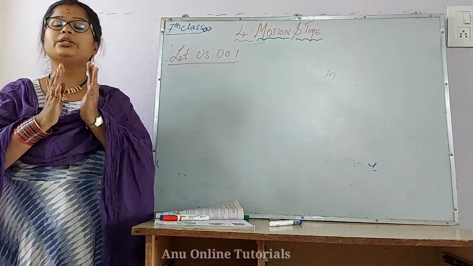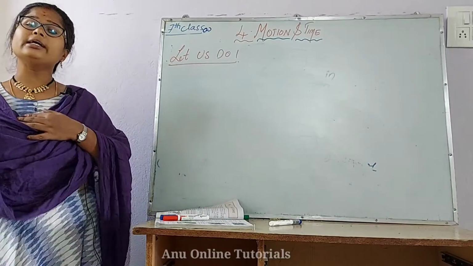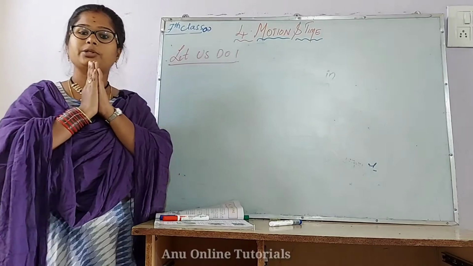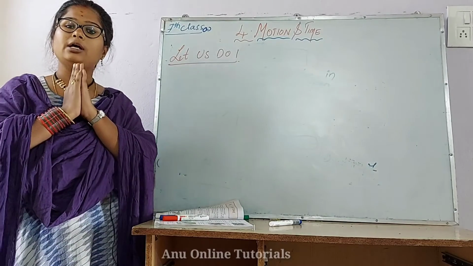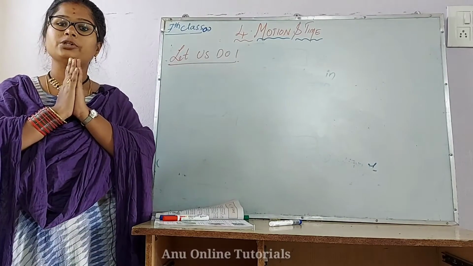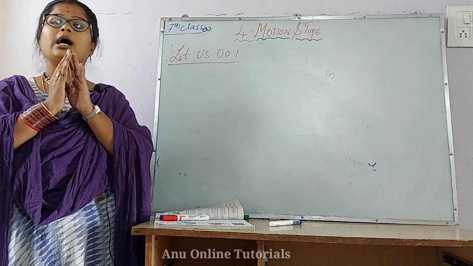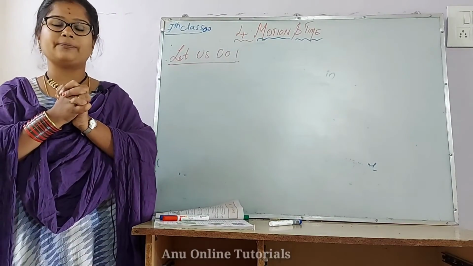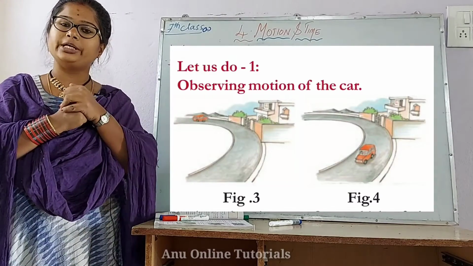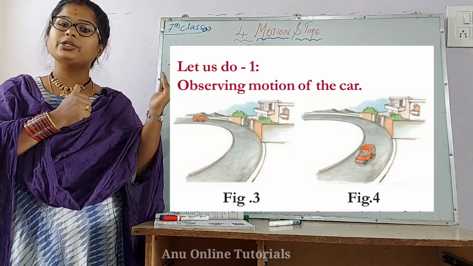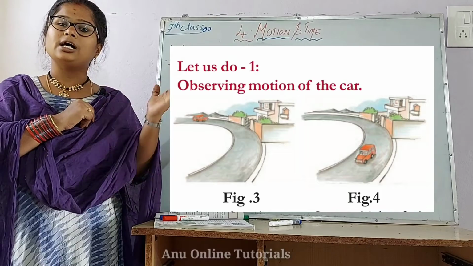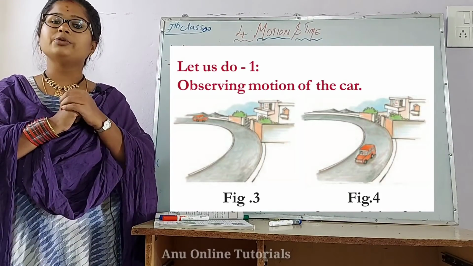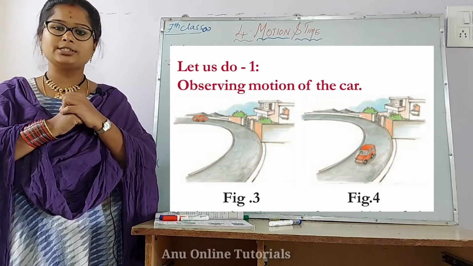Done? So here is your important thing to remember. In this we will discuss uniform motion and non-uniform motion, and how you can understand that motion clearly with examples. As shown on the screen, a picture is shown. Please observe it very carefully. I'll ask you some questions which are in the textbook, and you are supposed to answer.